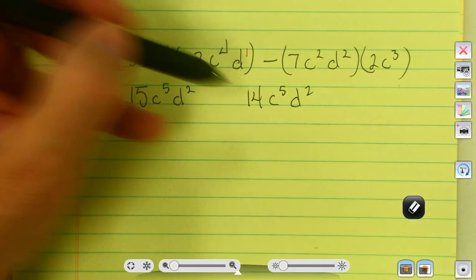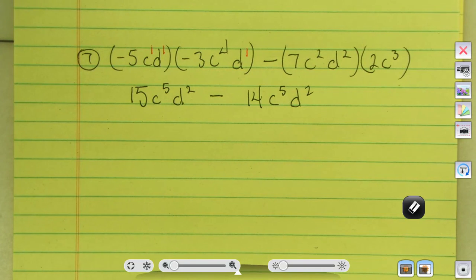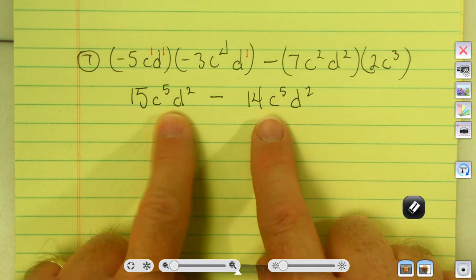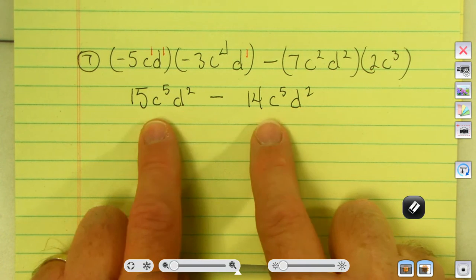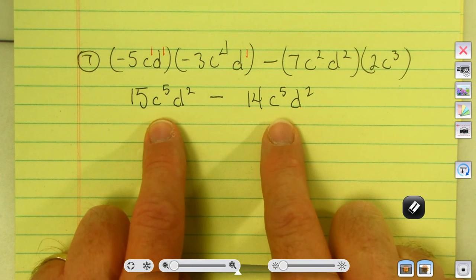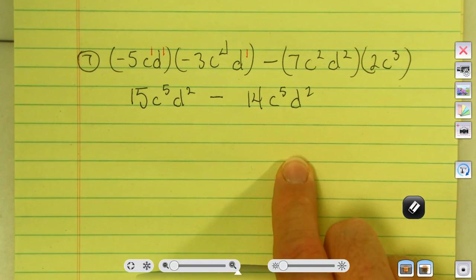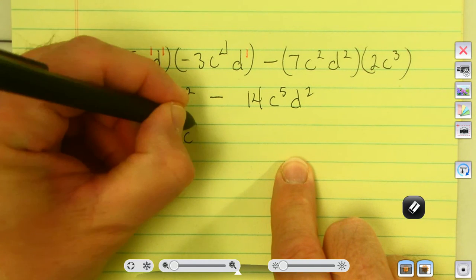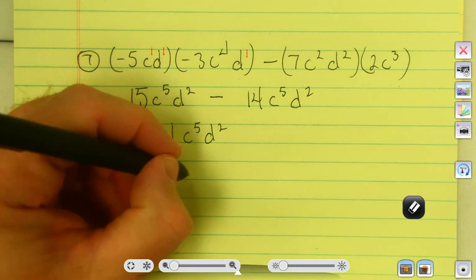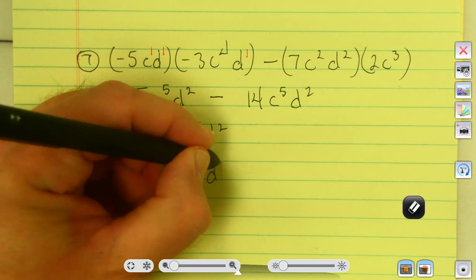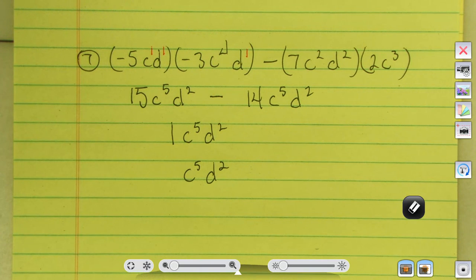So at this point now, I've got a subtraction problem because I multiplied each term, and I get to the subtraction portion of it, and I notice I have c to the fifth d squared because the exponents are exactly the same and the variables. I have like terms. So 15 minus 14 is 1 c to the fifth d squared, and I don't actually have to have that 1 up there. I could say, well, it's just c to the fifth d squared. So the key, what we picked up today in trying to get ready to work in this problem,